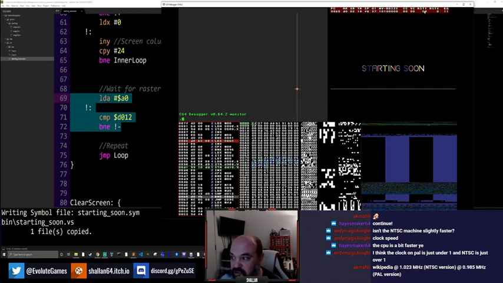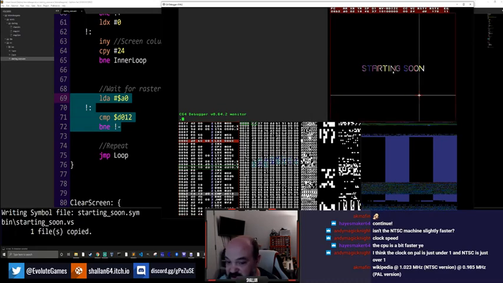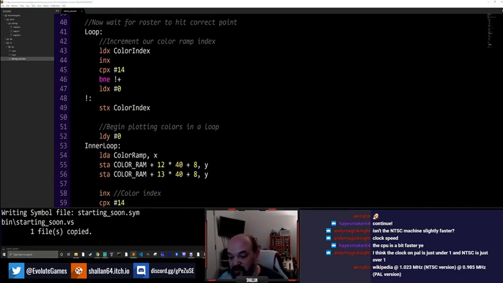But rest assured, what's going to happen is this is going to keep going and keep going. It's going to go all the way off the bottom of the screen, and it's going to come all the way back to the top of the screen, then back down until it hits this point here, which is A0. And when it hits A0, it will jump back to the loop and it will do the colours again. It will shift the colours across. So if